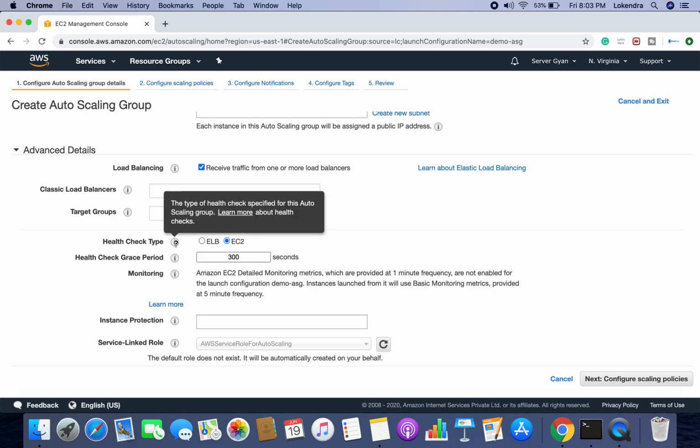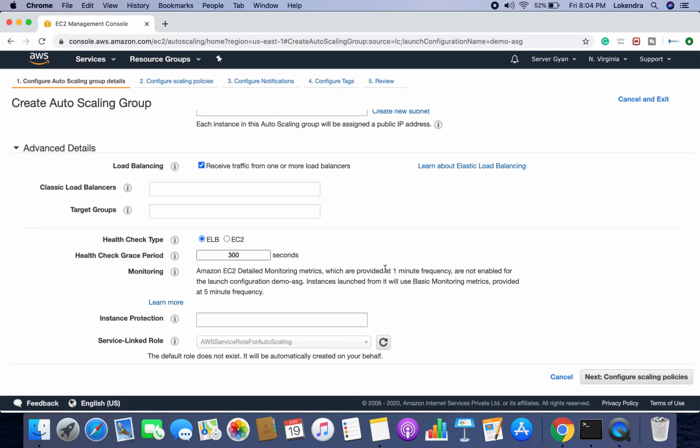So if you say that if EC2 machines are healthy, then you know to monitor the particular services and the particular health check which you are going to configure on top of the load balancer. Or if you want that if the load balancer considers that any EC2 machine is not healthy, that is not responding on any given or desired port, then mark that instance as unhealthy. Fine.